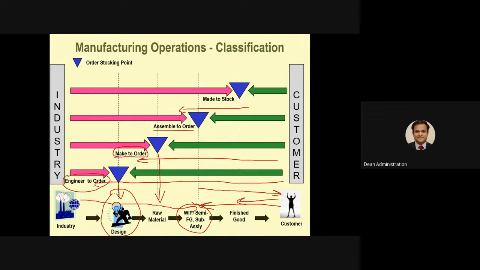Okay, you know IKEA, what does IKEA come under? IKEA is a store which basically gives you modular furniture. And according to me, I would categorize it as assemble to order. I would categorize it as a classic example of assemble to order, because what IKEA will do is it will give you